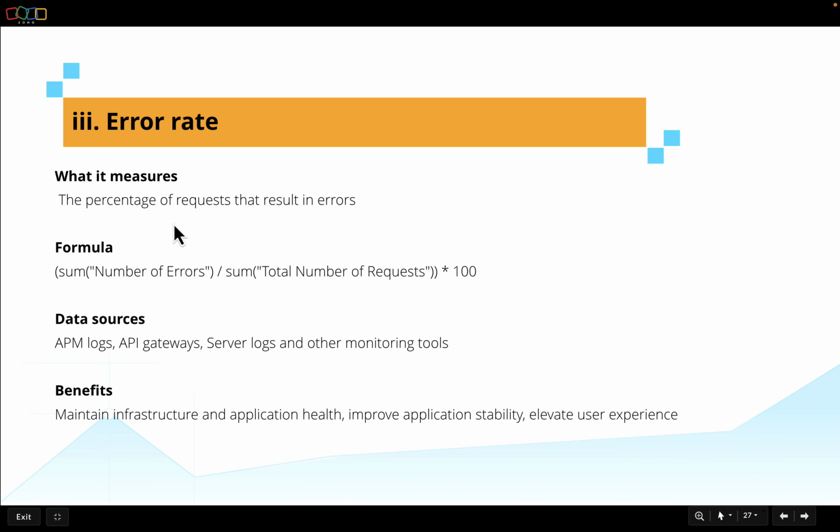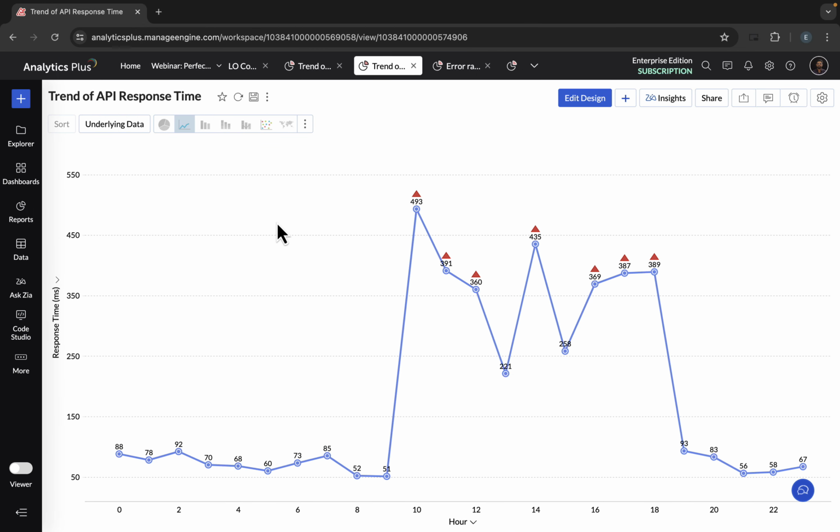And like you've seen for latency, this formula can be used to calculate error rate, and it is typically expressed as a percentage of failed requests or operations. The raw data for measuring your error rate can be obtained from the sources that are listed on your screen. So you basically import the data from these into Analytics Plus to create an aggregate error metric, and this metric can be used to identify or track the error rate trend over time,